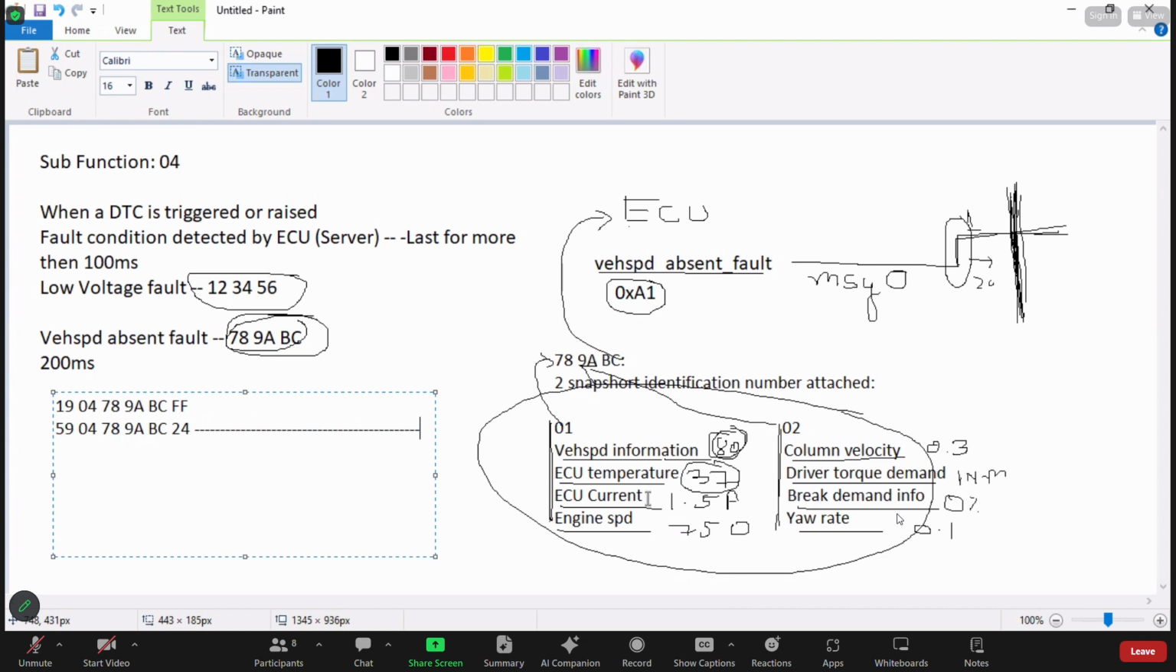Clear now? So now likewise for extended data record, there can be multiple extended data records. Let's say it can be 01,